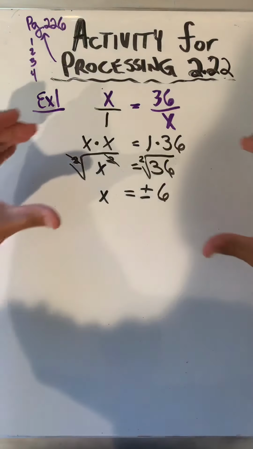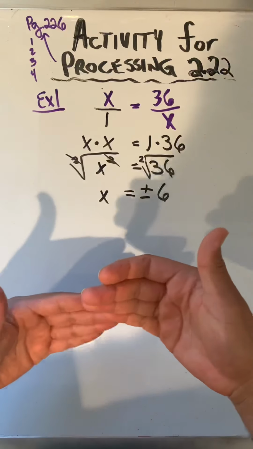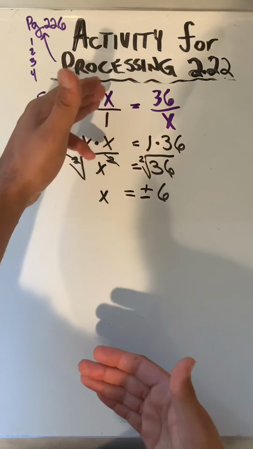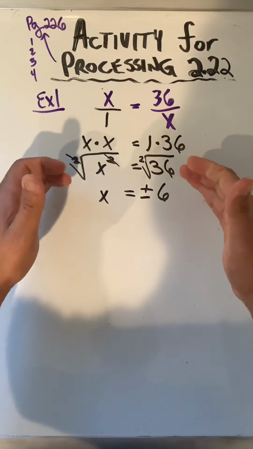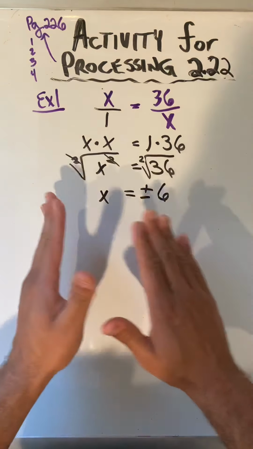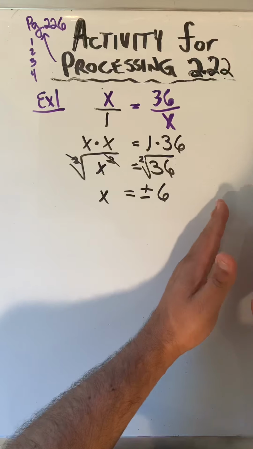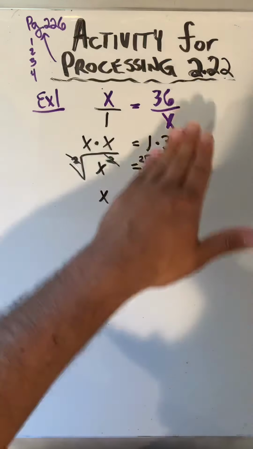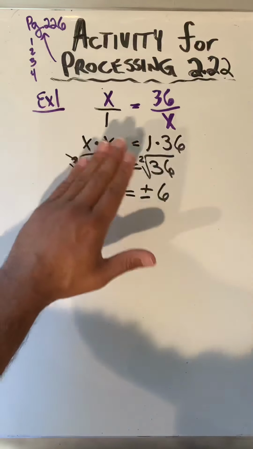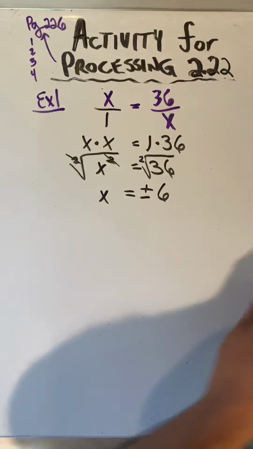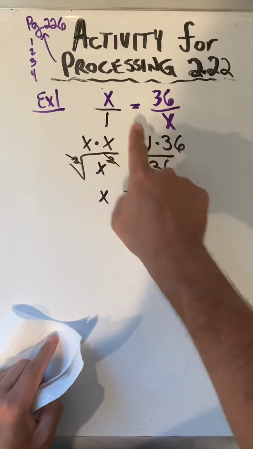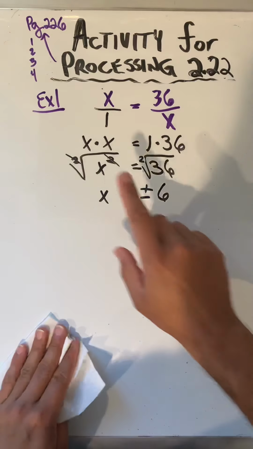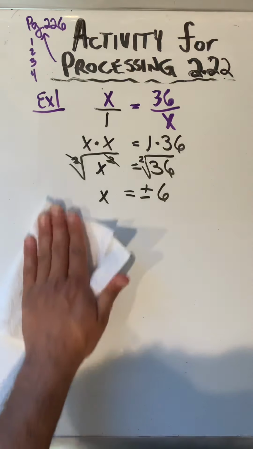All right. So now that you've seen this and hopefully understand the steps necessary to go from cross multiplication, distributive property, to taking the square root and finding the 2 solutions, now you are ready to go ahead and try number 1. However, if you're like, let me try this for myself real quick, go ahead, just pause the video, look away from the screen, try it in your notebook, write down this problem right here, and then see if you can do it on your own, and then hit play and see if you get the same solution, the same